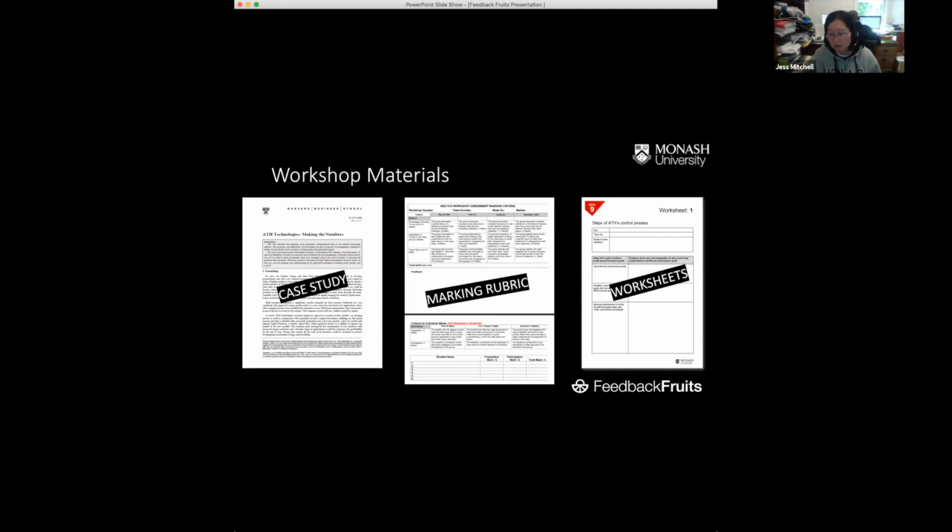Part of the marking rubric was looking at the contribution of each team member to the discussion of the team and the completion of the output. The output is the third picture here, which is the worksheets. They're associated questions or tasks that are related to the case study reading that they had to do for that week.